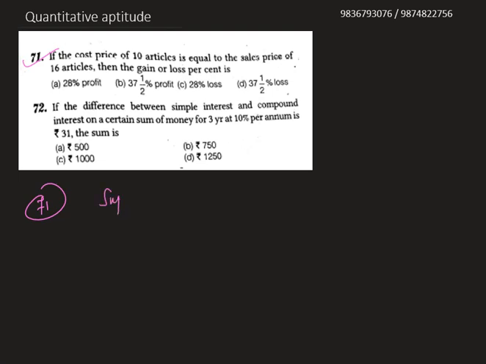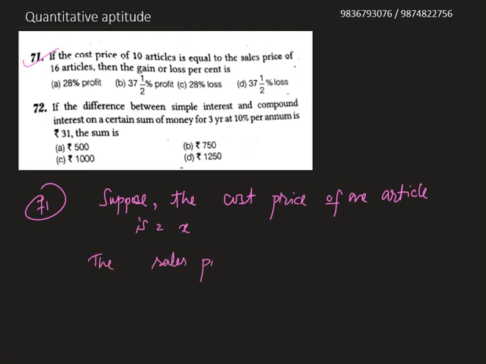Suppose the cost price of one article is X rupees, and the sales price of one article is Y rupees. Okay, now by the question,